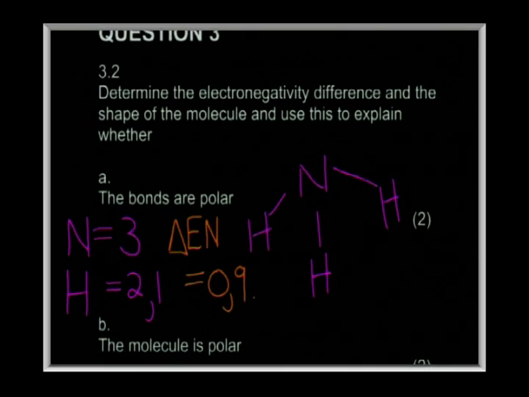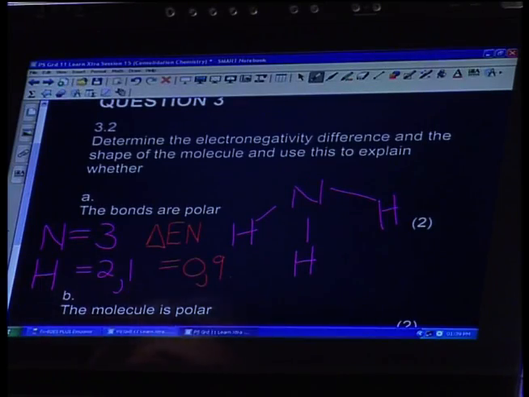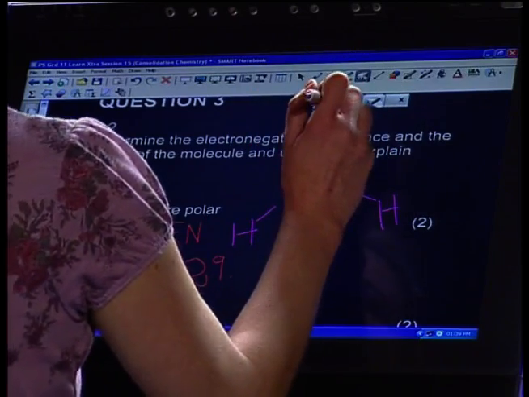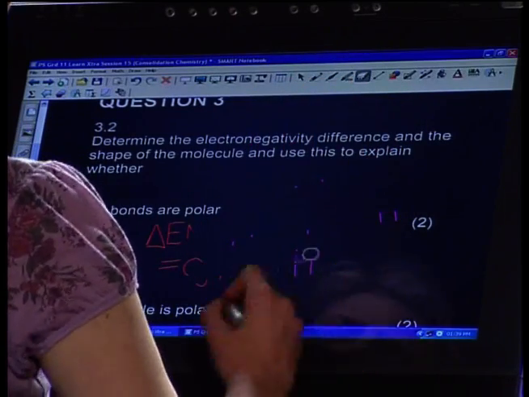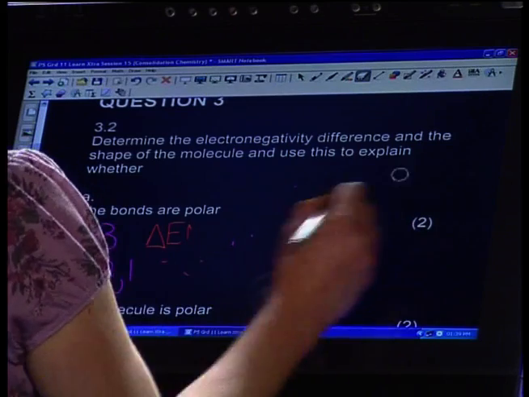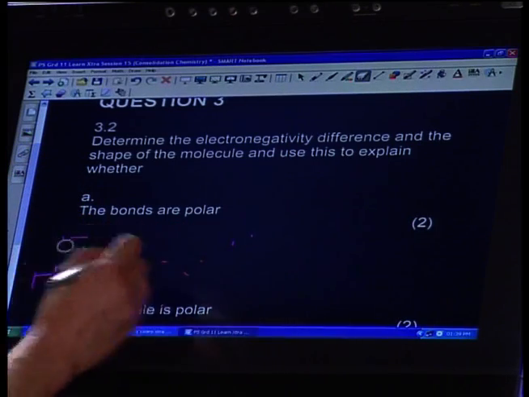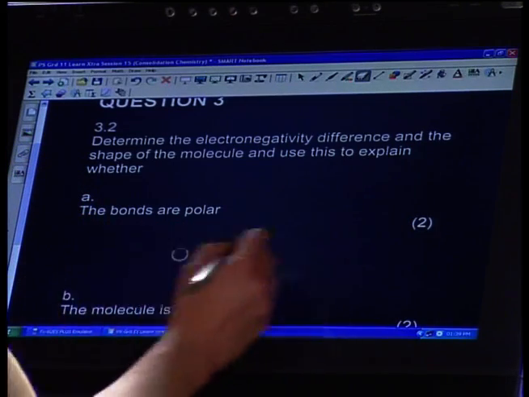Okay. Now the fact that the electronegativity difference is 0,9 indicates to us that these bonds are polar. So you will show your little calculation and you will then say, yes, the bonds are polar. Now let me just quickly talk you guys through when is an electronegativity difference big enough to say that the bonds are polar, and let's just look at that